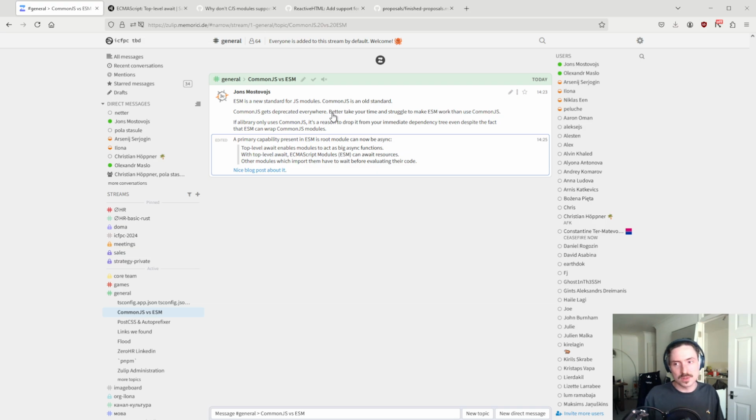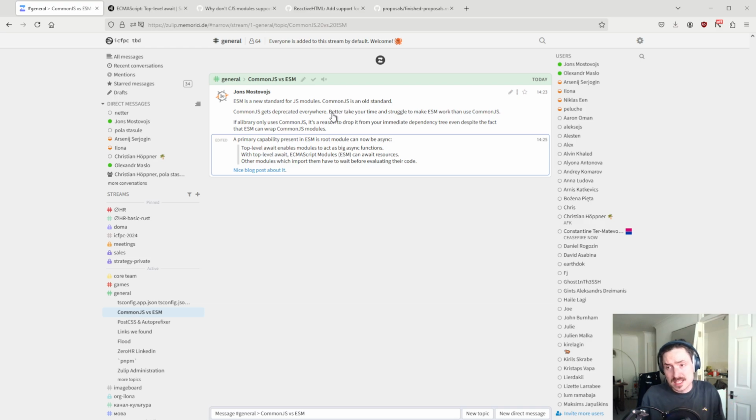we sometimes need to, for example, on backend, make a module that depends on a database connection, right? We want to make sure that we have a database connection before the code of a module starts evaluating for whatever reason. And with CommonJS, you can't have this sort of promise on the top level. At least what I understand for sure is that you can't have it using async await keywords, right? And as far as I understand, again, from my research, which took me probably around 10-15 minutes,